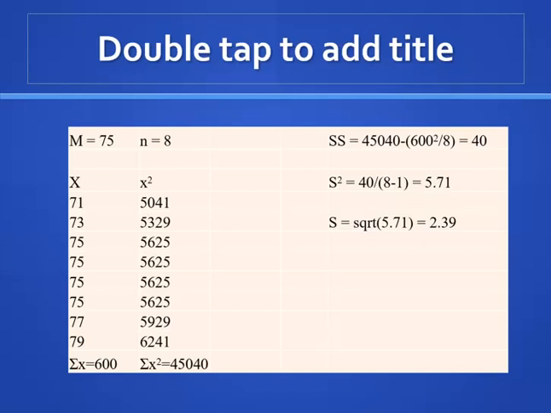Now I need to compute the variance, which again is the sum of squares. Since we're dealing with sample data, the sum of squares divided by n minus 1. So 40 divided by 8 minus 1. That's going to give me a variance of 5.71. And to find my standard deviation, I'm simply going to take the square root of that variance. It's going to give me a standard deviation of